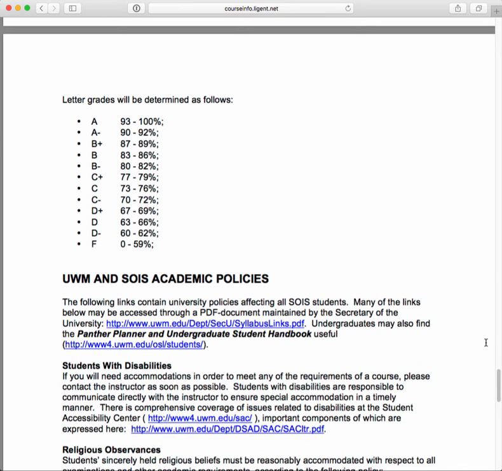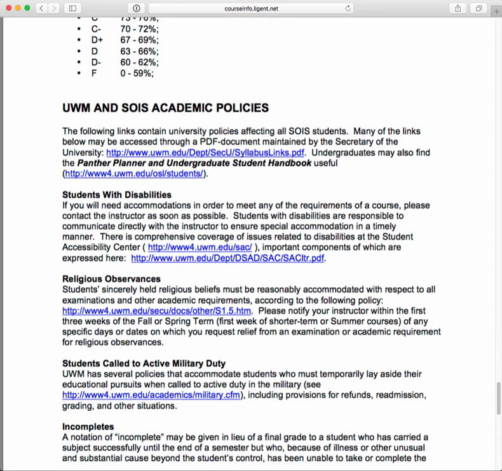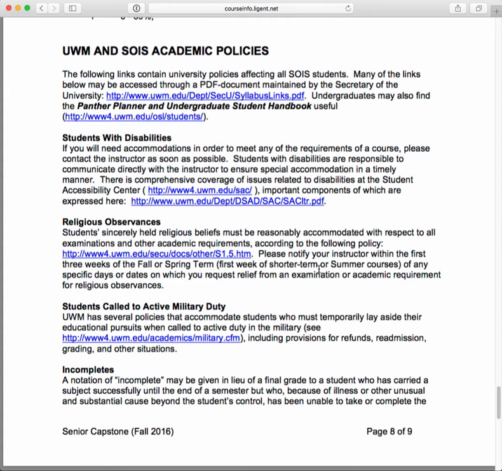I have a list here about how I convert the number grades into letter grades. That's pretty standard stuff at SOAS. And then I have a whole list of very important policies that are the same on all of my syllabi. You might say they're boilerplate. Now this is kind of deceptive, because you would say, well, they're boilerplate. They can only be so important. Yeah, but they're all about really important stuff. So we have a standard way that we talk about really important stuff. Okay? So we talk about things like